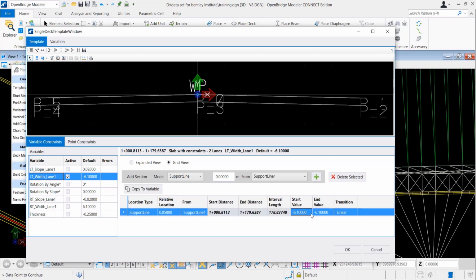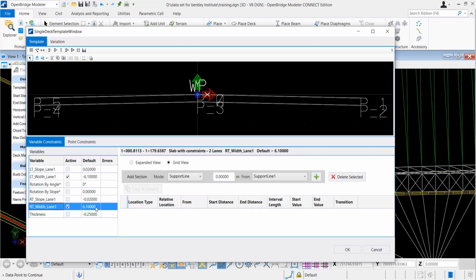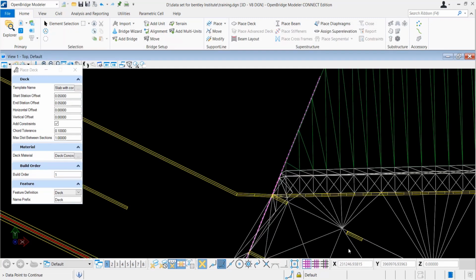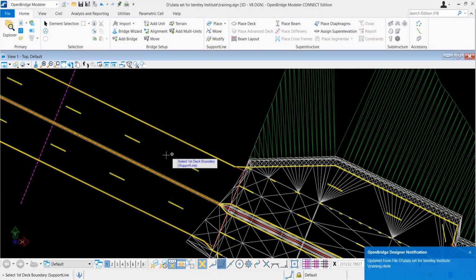Now you can see that the variables of the deck width have been defined through this lane width. I am changing that to 7 meters. You select it with the lane, then click add, and you can change it. Through this variable definition, you can also define a certain margin section. You can vary it from 6 meters to 8 meters, and you can change it to different shapes.